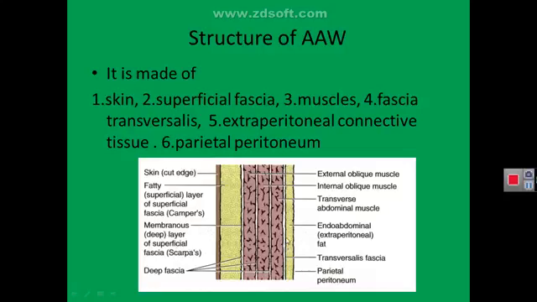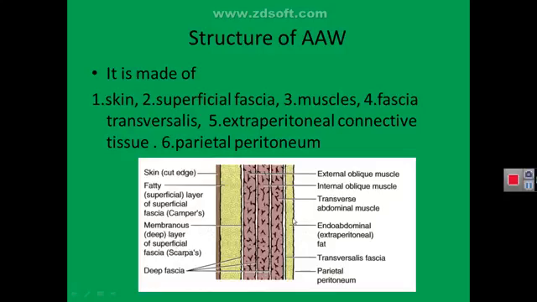Of course, we have the last deep fascia, which is fascia transversalis, the fascia of transversus abdominis, surrounding the transversus abdominis muscle. Next to fascia transversalis is the extraperitoneal connective tissue, and then the peritoneum, which lines the